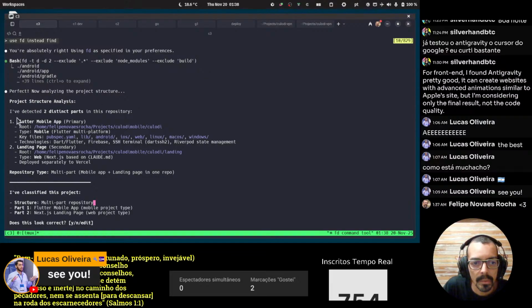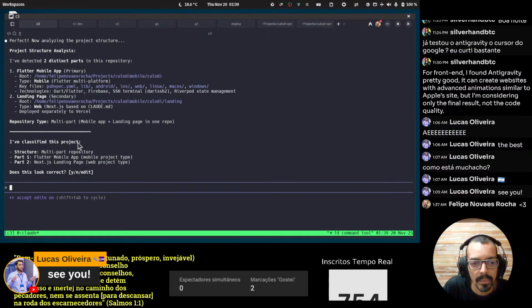In the projects, I detect two distinct parts: primary and landing page secondary. Multi-part. Classify this project as a structured multi-part repository. Also, we have in the Roamie.dev folder that branch or